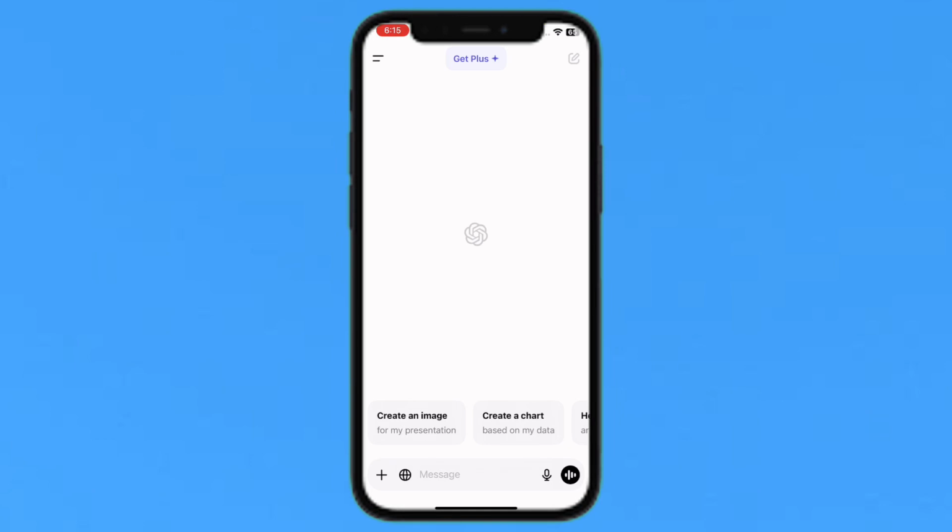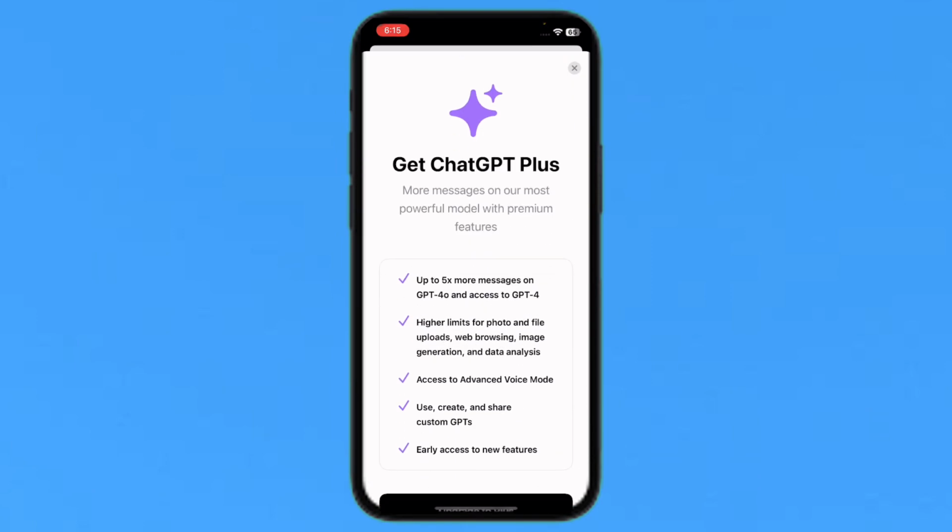The only way is to tap on Get Plus. This is the ChatGPT Plus version, for more messages on our most powerful model with premium features, up to 5x more messages on GPT-4o and access to GPT-4. So there are new models that you will